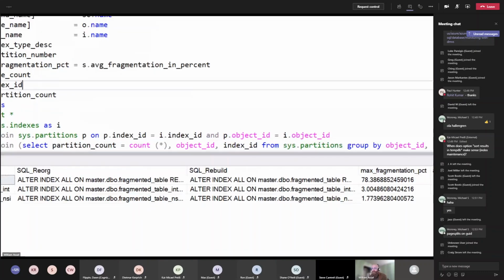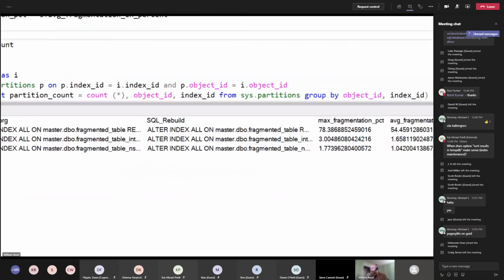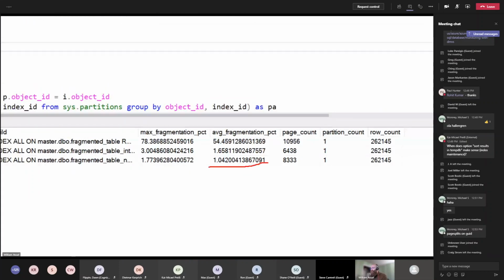And so actually, this NSI, this is the third way to do it. Okay, so this is pretty good too. My fragmentation is about the same as it was with an integer, but look at that page count right there. A GUID is still 16 bytes, right? Unique identifier is 16 bytes per row, as opposed to an integer, which is only 4 bytes per row. So right away, we're still using 25% more pages to store the same data, right? We're just choosing a different clustered key. But then there's a